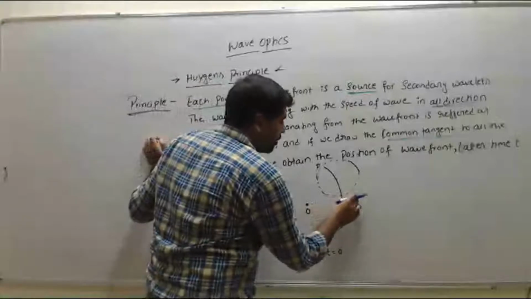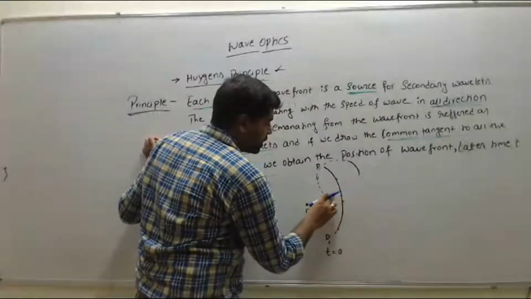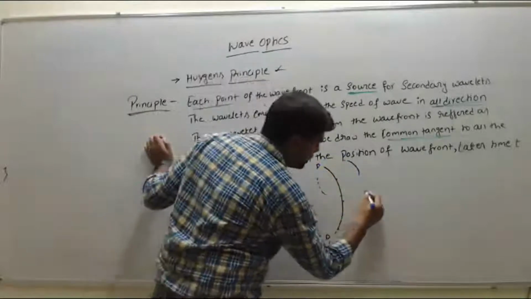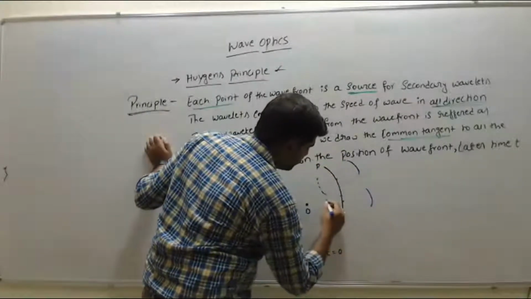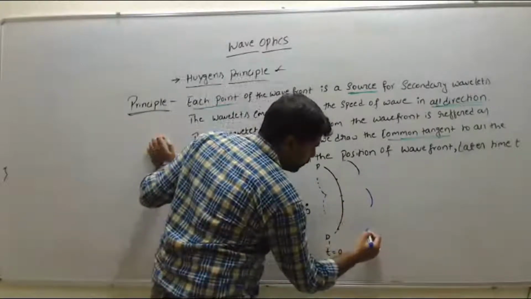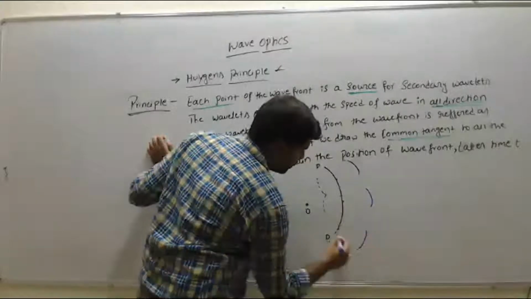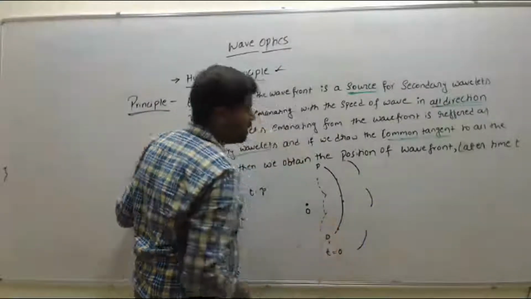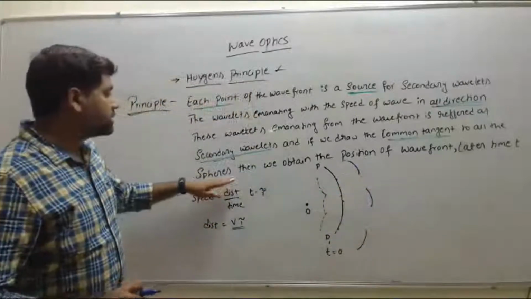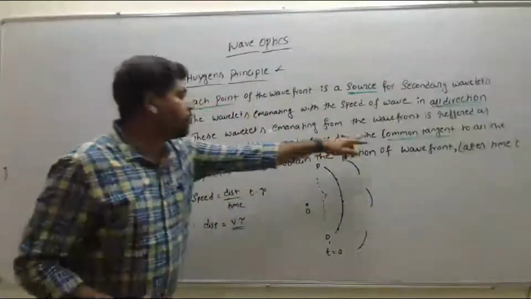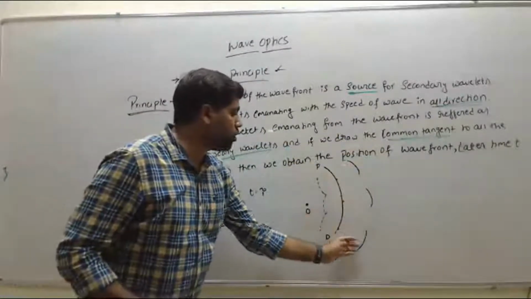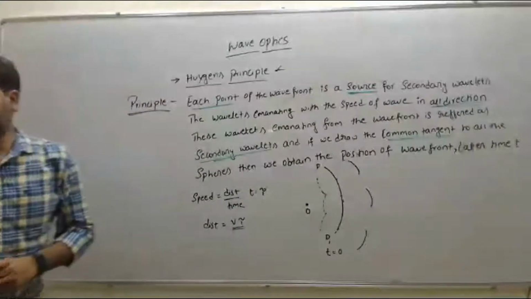From every point I am going to draw the spheres with the same radius. Like this. Next, from this point, if I draw here, so these are the spheres. Next we have to draw the common tangent to all these spheres. If we draw the common tangent to all these spheres, we get